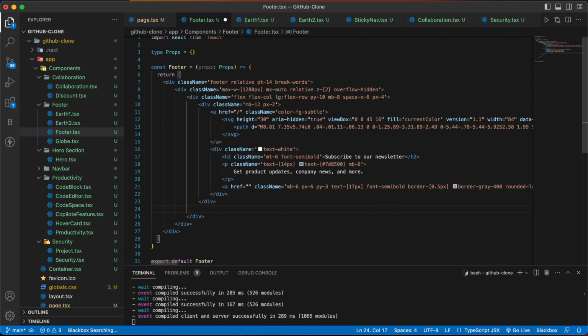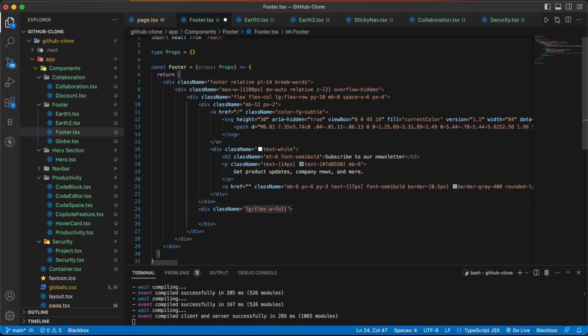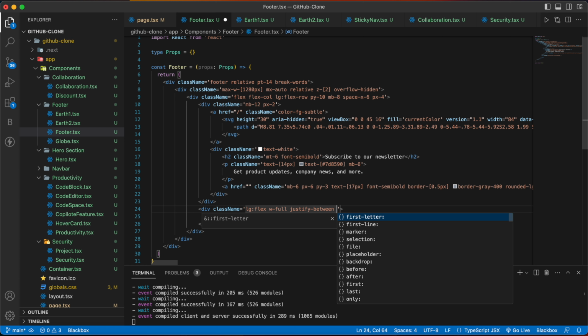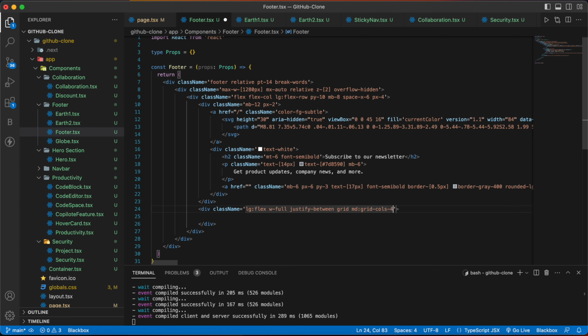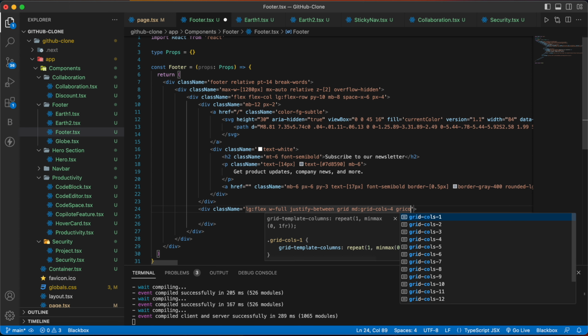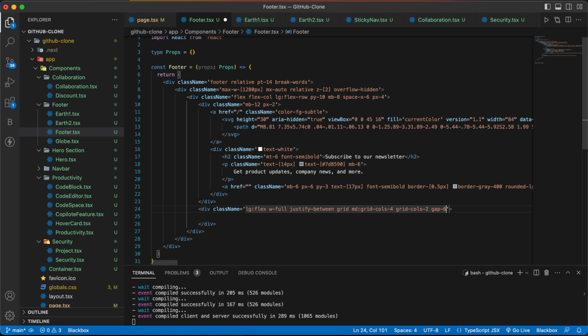Then outside this div we are going to have one more div with the class name of lg flex w full justify between grid and grid cols 4, grid cols 2, gap 6. Then we are going to have one more div with the class name of text